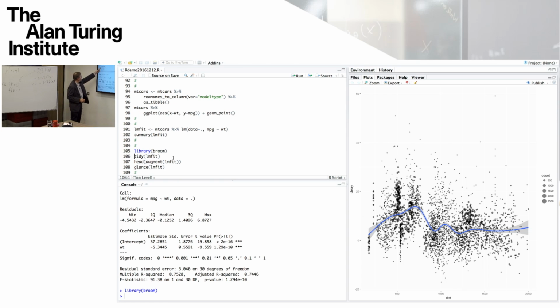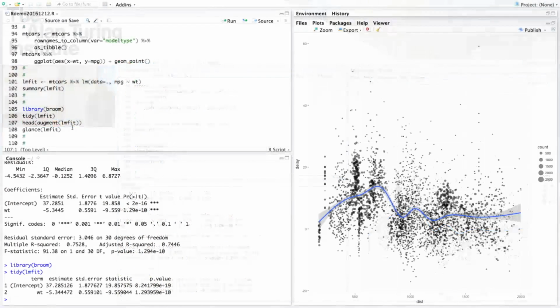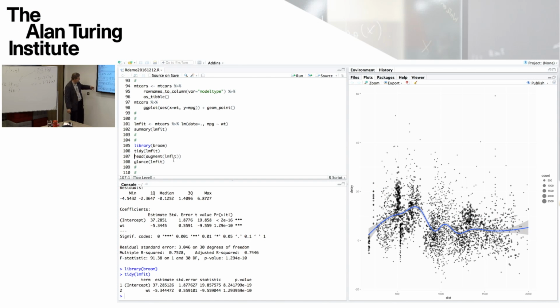These three functions you can apply to the result of a model fit, for example, our lm_fit. If I apply tidy, then what it does is it gives us a data frame. It's taken the same information we get from summary, but it's arranged it in a tidy format. That's to say we've got different variables as columns, and the different variables describe the different information about the estimates in our parametric model of the linear model. It gives you a way of assembling the information, which is all buried in this summary, in a nice tidy format.